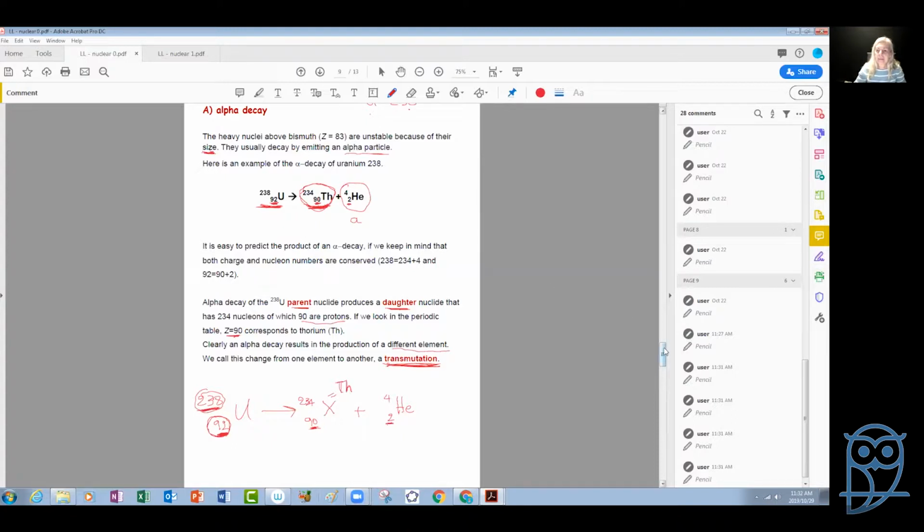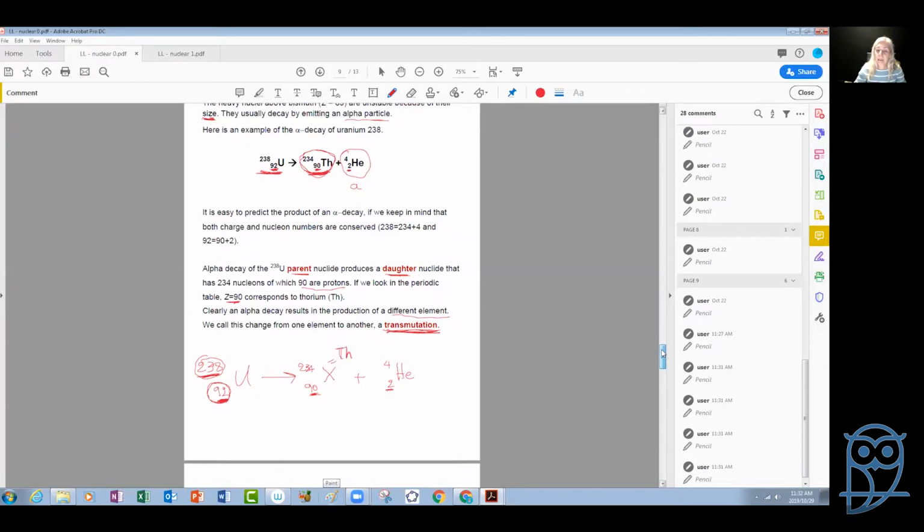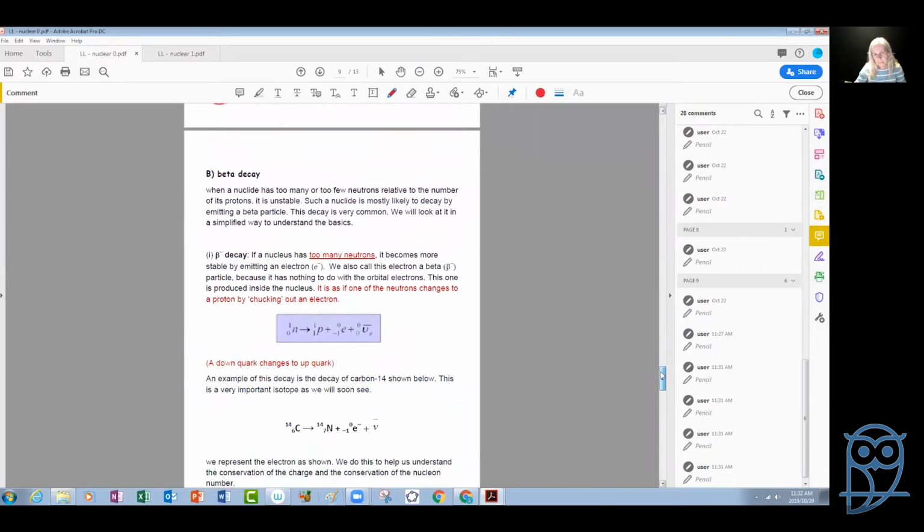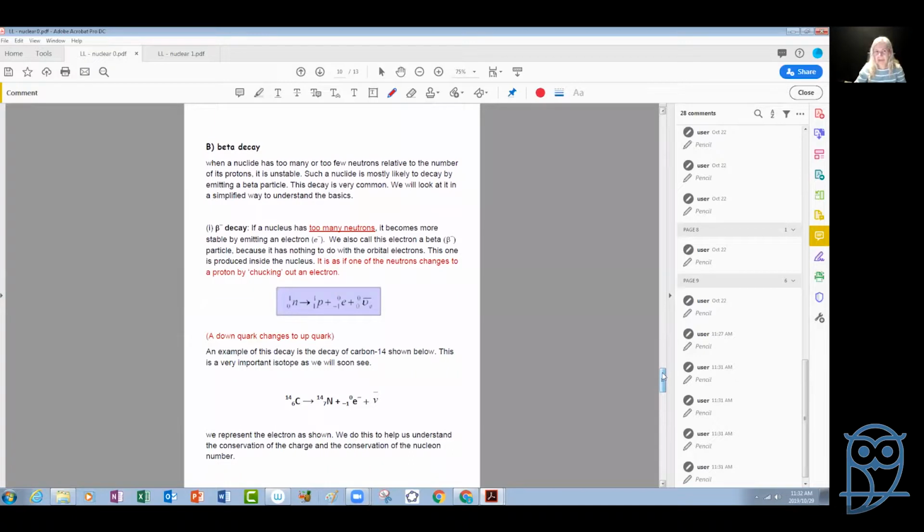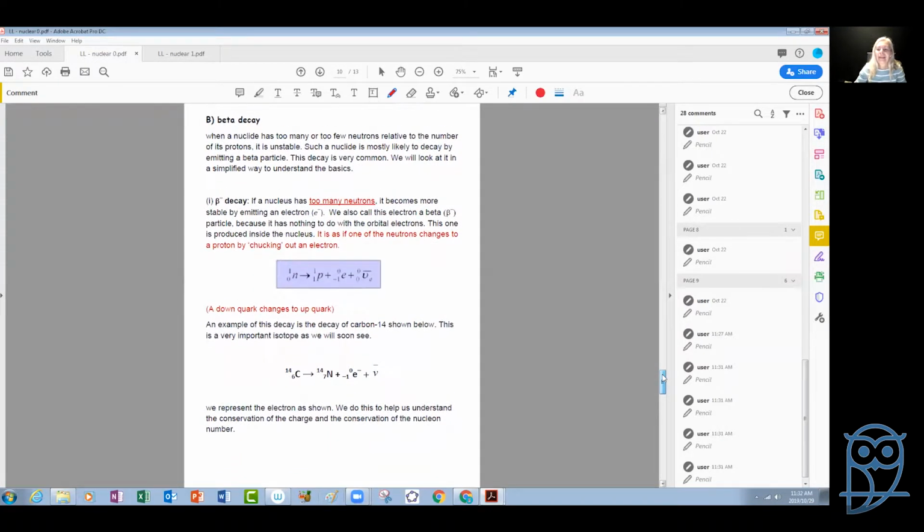So after the alpha decay, we are going to see now a couple of examples from beta decay, a couple of types of beta decay, where similar aspects are involved. But let's discuss it one step at a time. So there are different types of beta decays, not just one type. So we are going to discuss the beta minus decay,